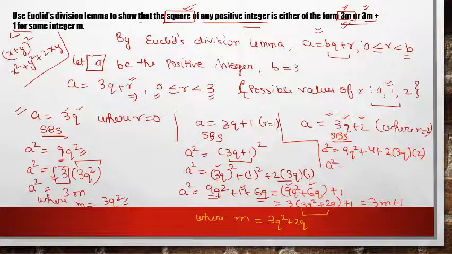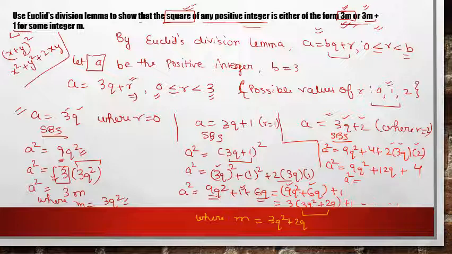So here 9q square plus 3 2s are 6, 6 2s are 12q can be taken together plus 2 square is 4. Correct? Now this can also be done and taken forward, but we only have to prove 3m and 3m plus 1. So what we can do here,